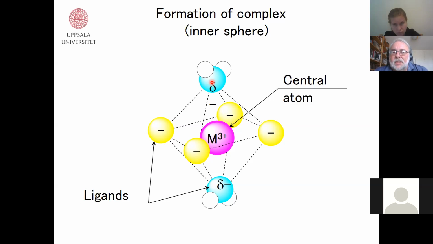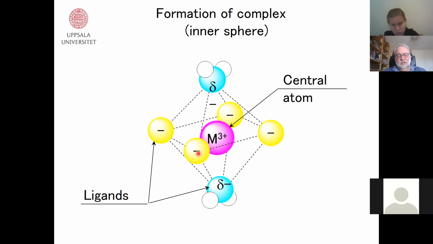Well, classical examples are sulfates of copper or iron. So one says that a coordination complex compound is formed, which typically consists of a central atom which coordinates around